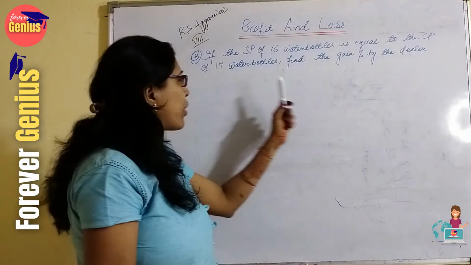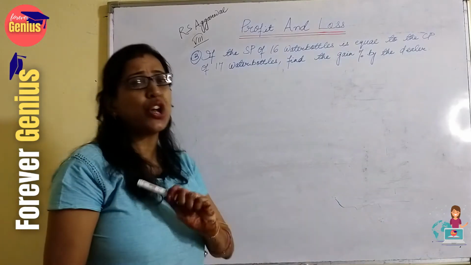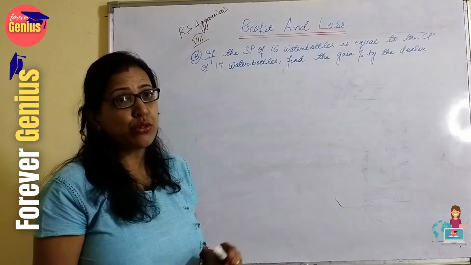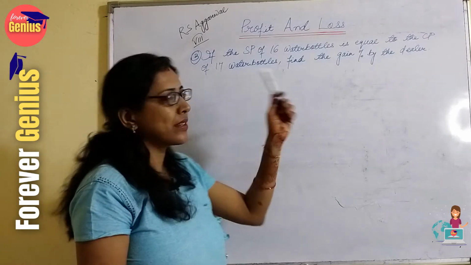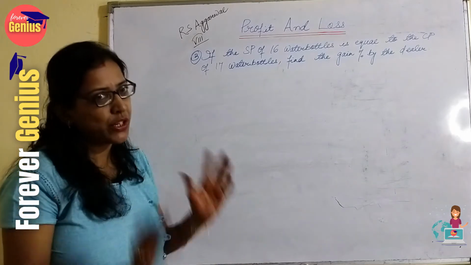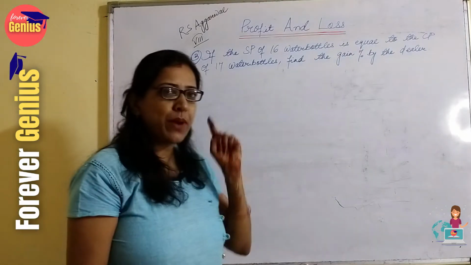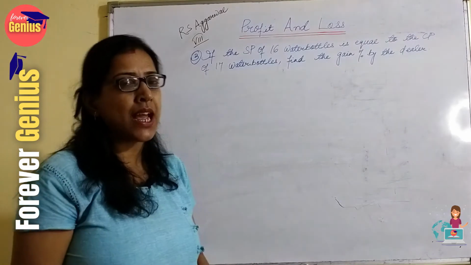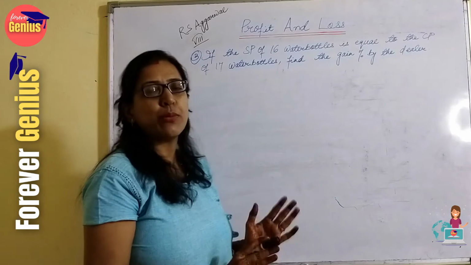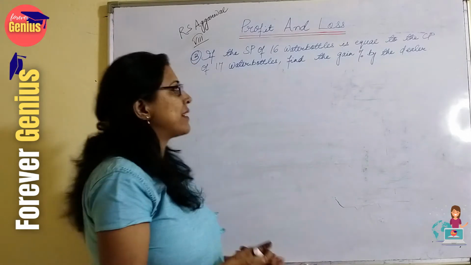Here the number of bottles is given to us. We do not have any figure so that we can calculate. What we need to do is we need to make the units equal. In these type of cases, always make the unit equal. The cost price will be the base each time, I am repeatedly saying. So please keep this in your mind, students.